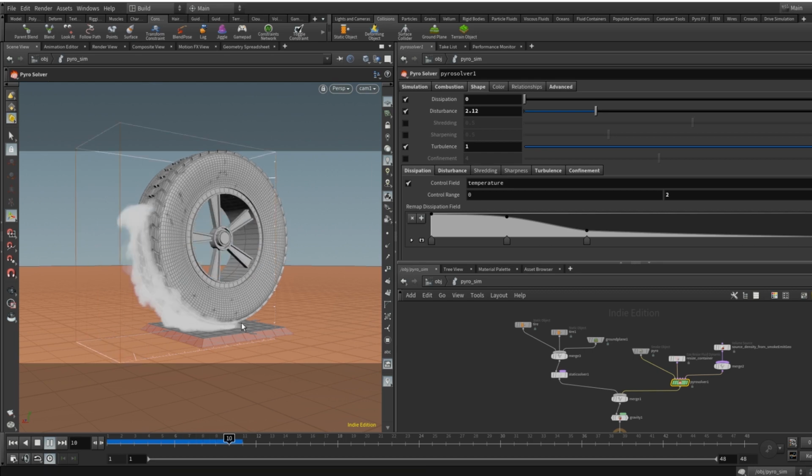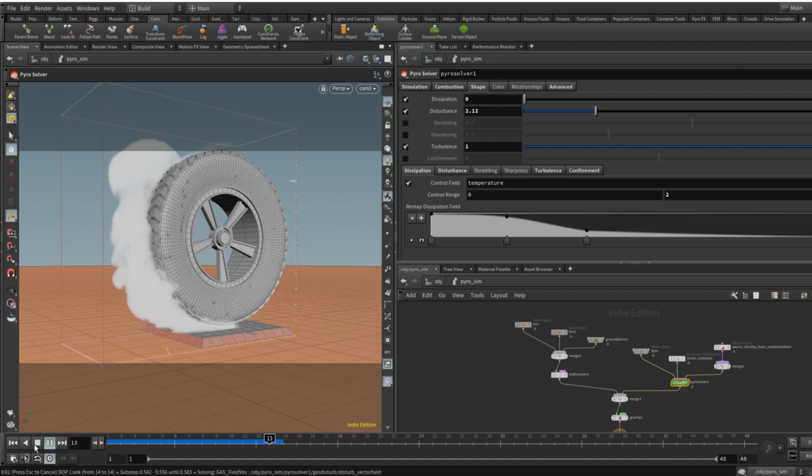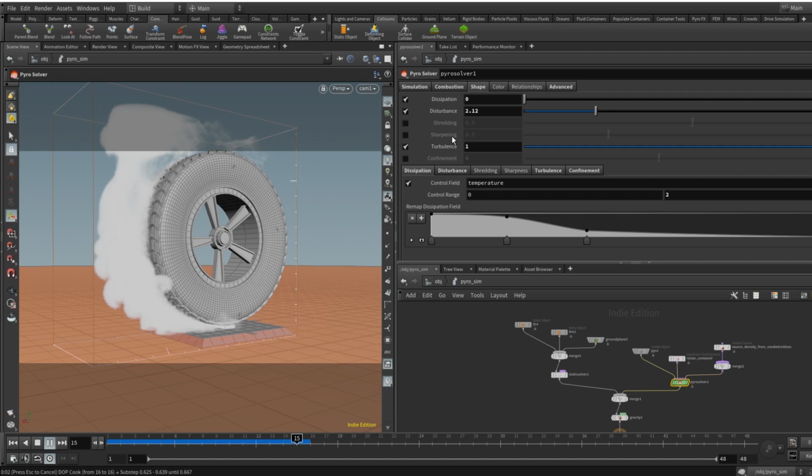You can see a little bit wrapping up over here. A lot of this right now is being driven by the rotation, so we're getting a really interesting look anyways. I'm gonna turn on some more of the settings